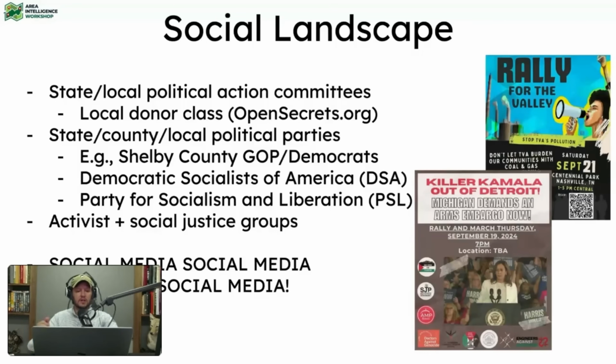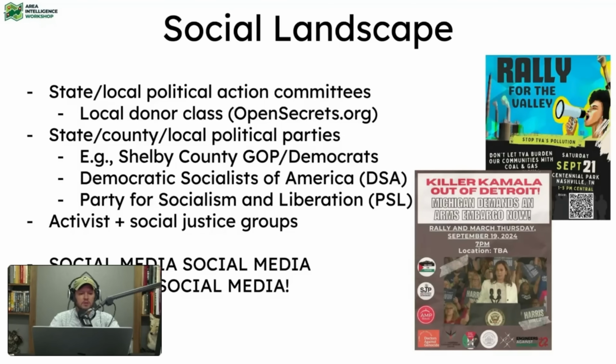They have some intelligence value for us, especially when it comes to networking or identifying the people who are giving money to these NGOs or to these political action committees doing the bad things in our areas. I want to keep the good stuff in, keep the bad stuff out, and identifying the financiers of all these insane efforts, if you want to stop it, it's got to be pretty high up on your priority list.